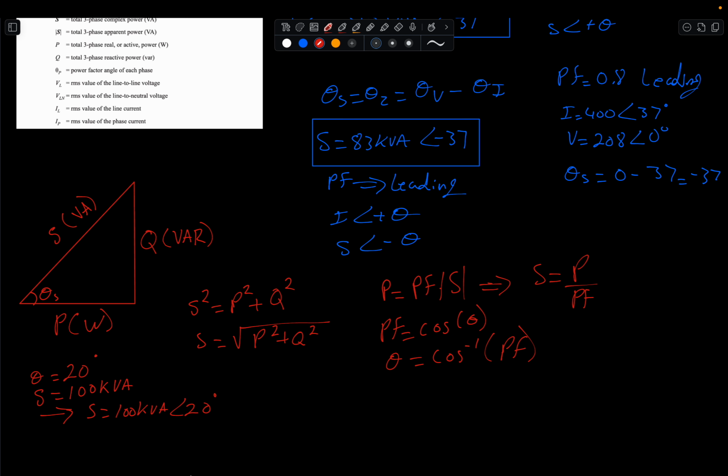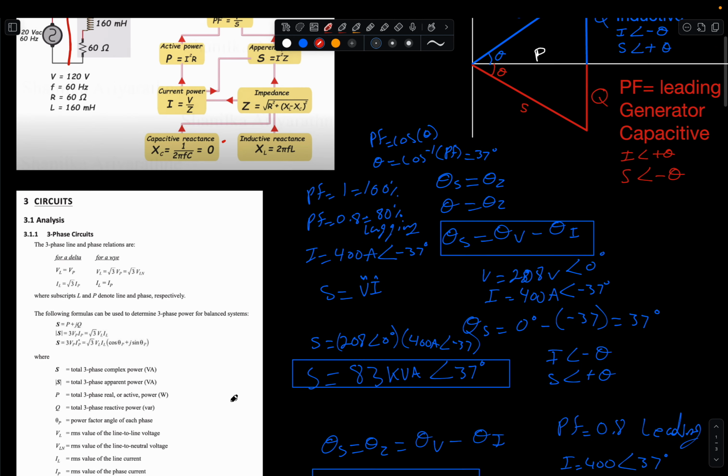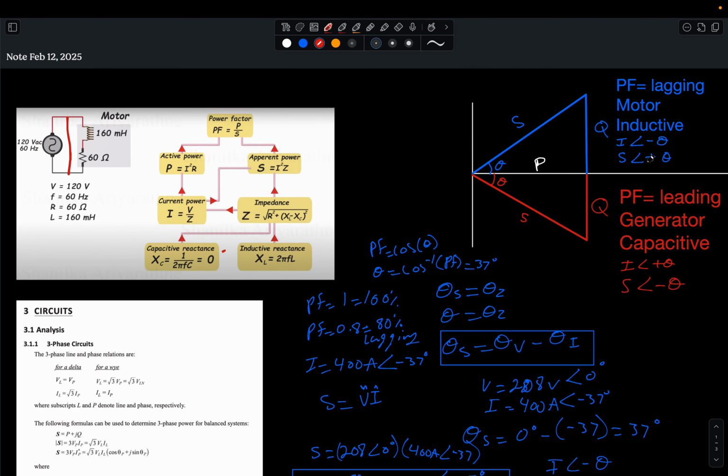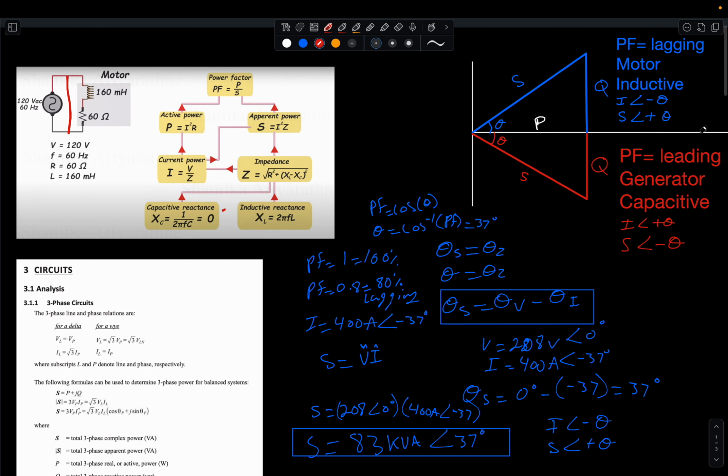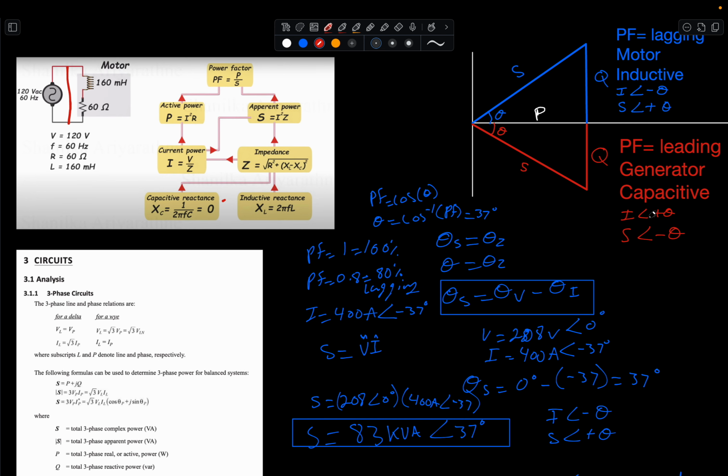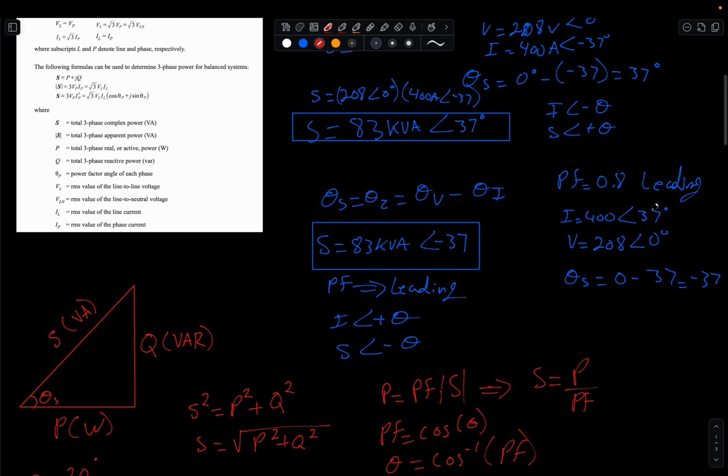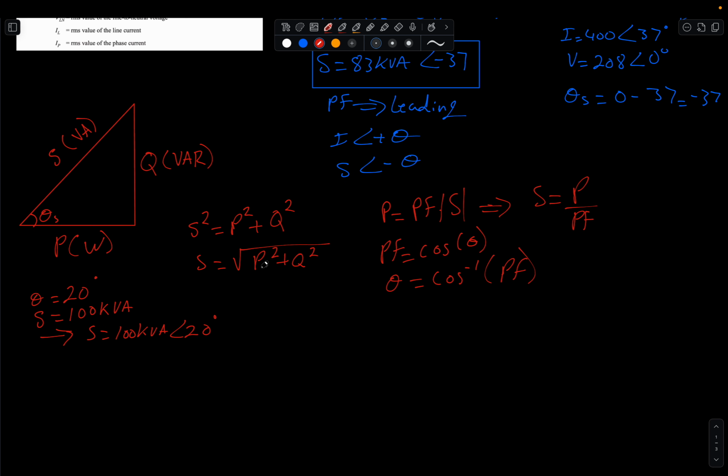20 degrees. So technically, just by giving this information, referencing the voltage at 0 degrees, I can tell you right now, based on our triangle right here, S is positive, so then I know for a fact that our power factor is lagging, my current is in the negative. Or current is lagging the voltage. All right, so going back into here, given the apparent power, giving theta,